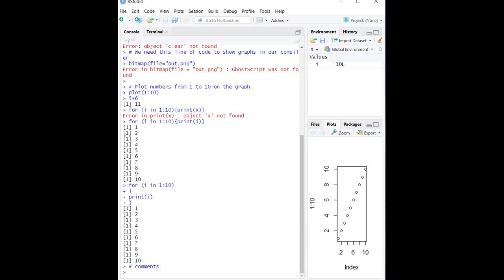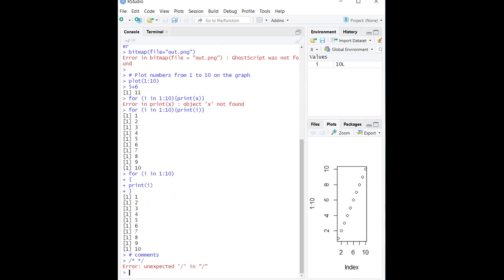If you have multi-line comments, there is no syntax for multi-line comments, unlike other programming languages where we would have written multi-line comments like this. So this is not present. We have to put the hash symbol in front of all the lines.